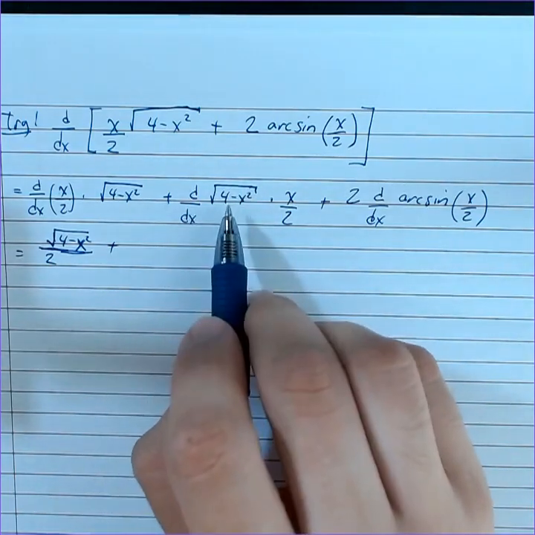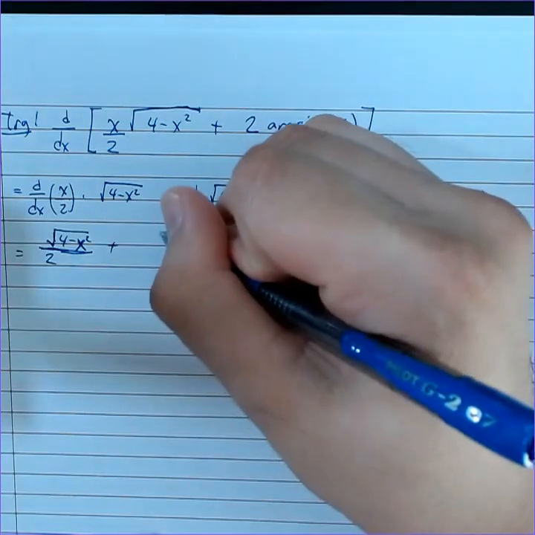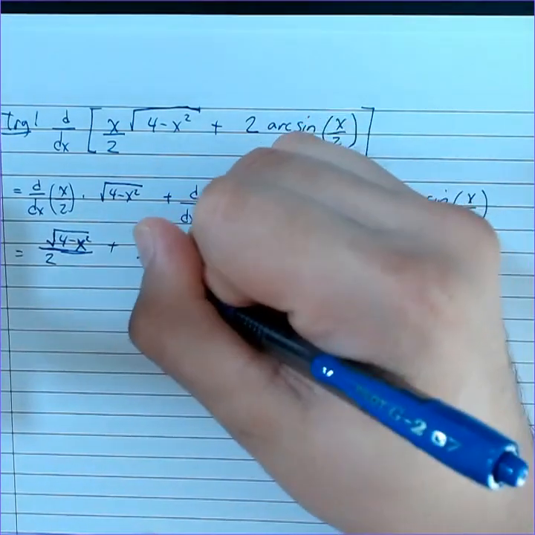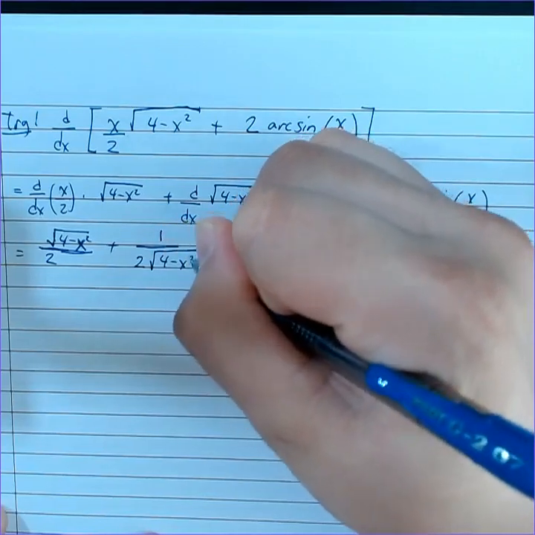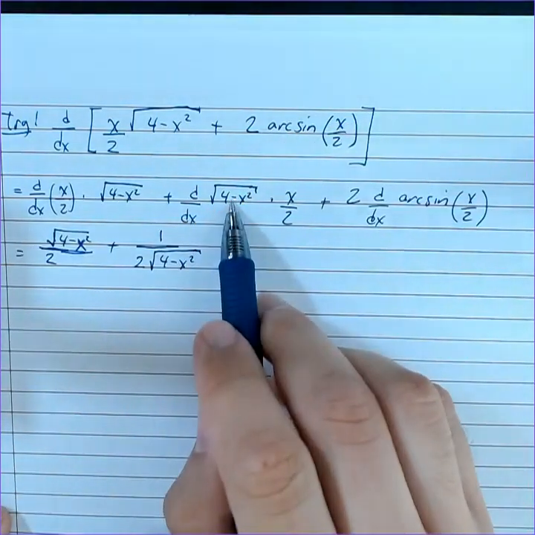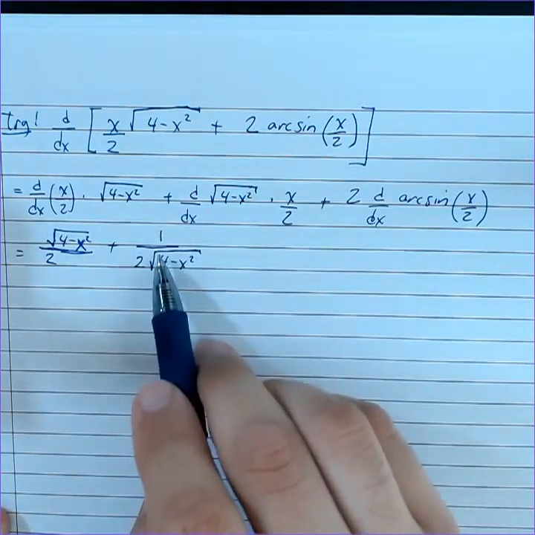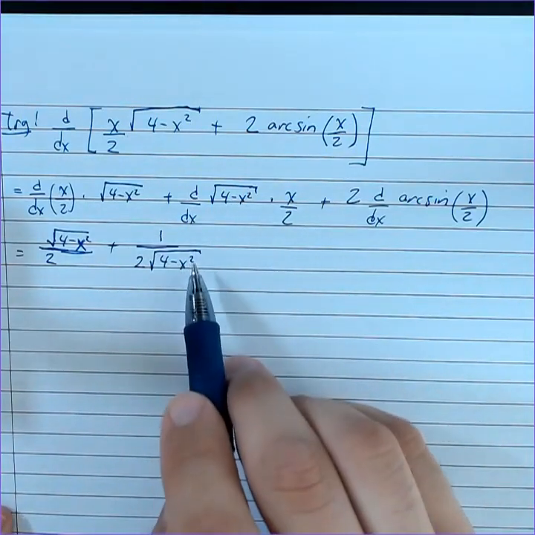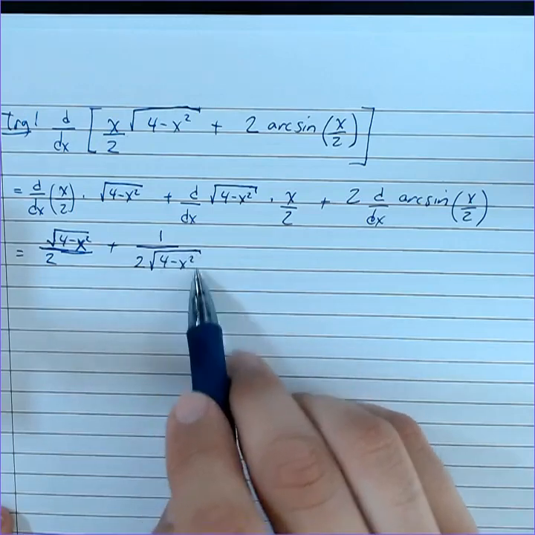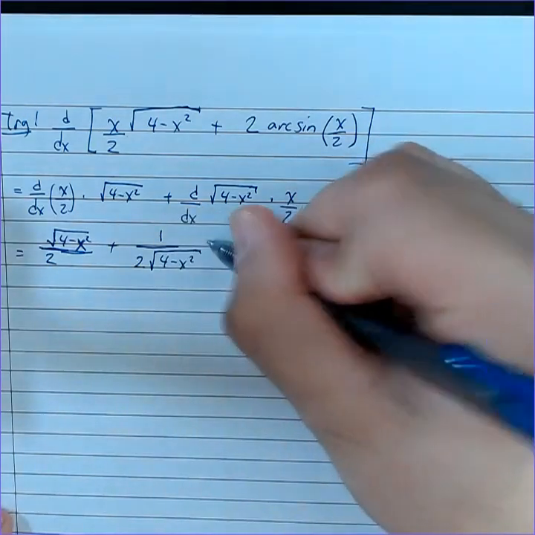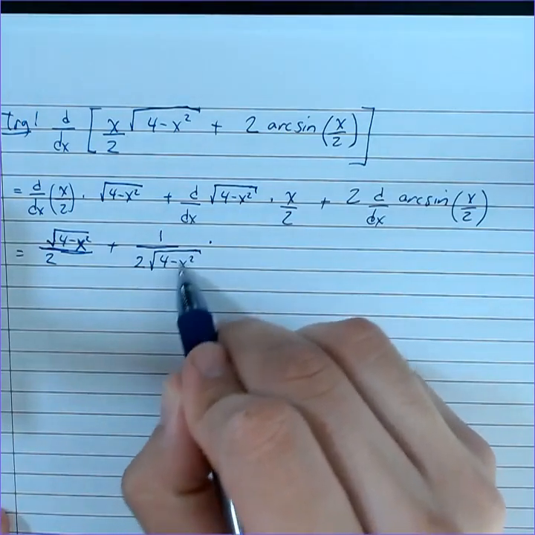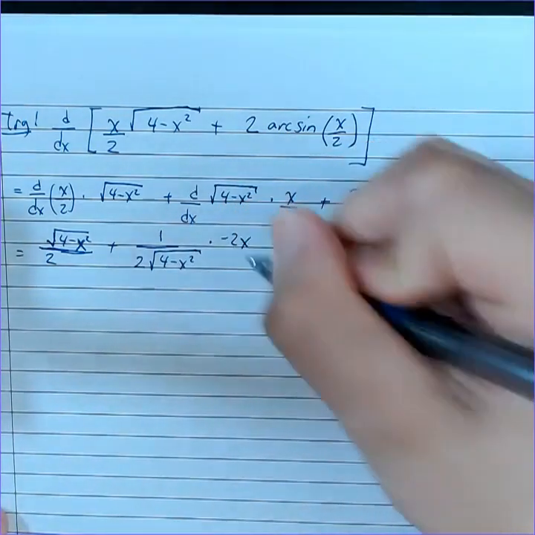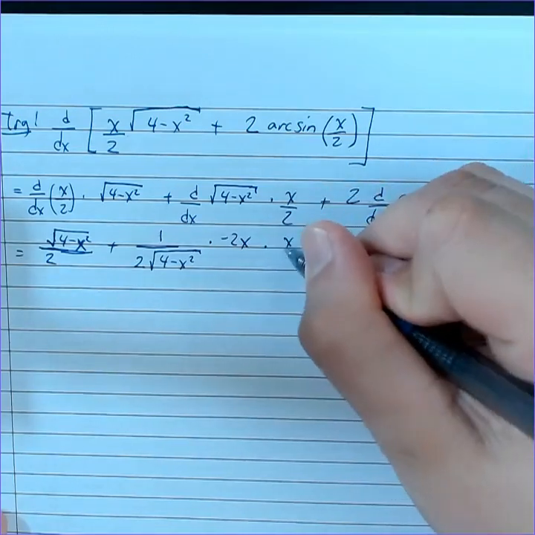Whenever I take the derivative of a square root of something, I end up with 1 over 2 times the square root of that same something. All right? The square root of something has a derivative 1 over 2 root of that something. But because of the chain rule, I now need to take the derivative of that something and multiply it in. Okay, so the derivative of this, that's 0, and the derivative of minus x squared, that's minus 2x, times that x over 2 that I had already,